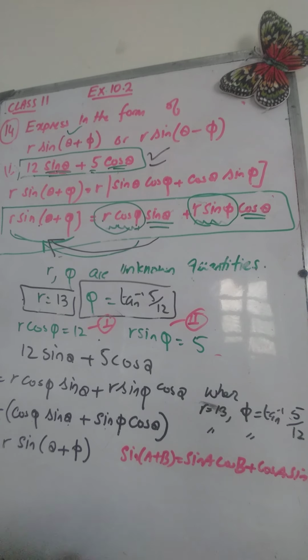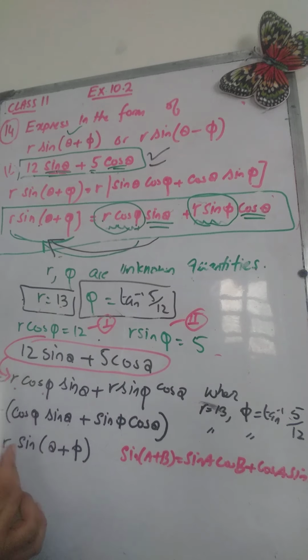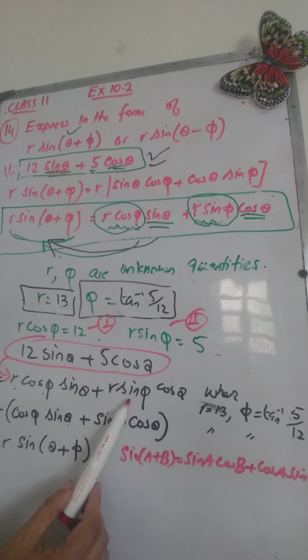By using this identity, this expression can be replaced by r sin of theta plus phi. So we had started from this expression, we replaced 12 by r cos of phi, because we know that when we take r equal to 13 and phi equal to this, we get r cos of phi equal to 12. And replacing 5 by r sin of phi, after applying this identity, we got this result which was required